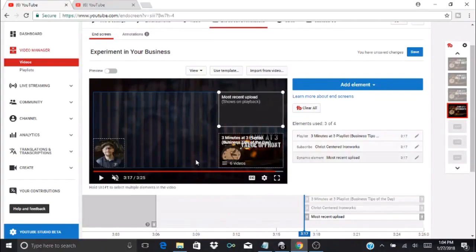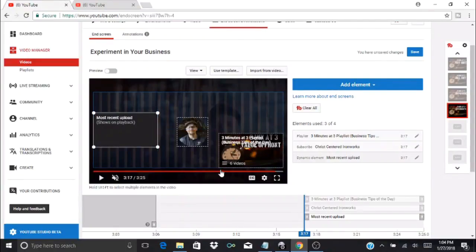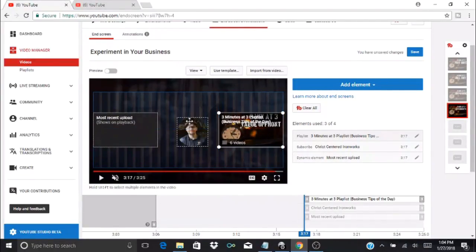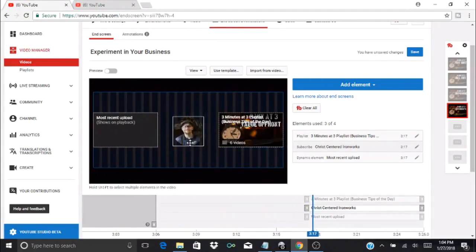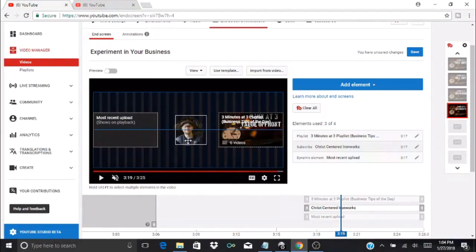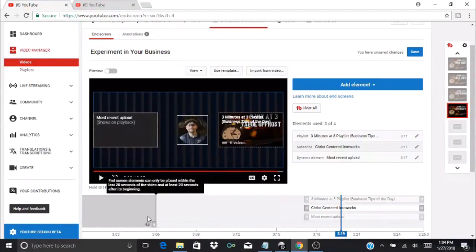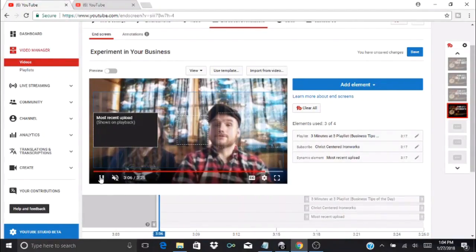So you can line these up any way you wish. You could even put them in the center if you want. I think that's the center there. And then put your other videos around it, whatever way you want to. Scoot that over a little bit there. That's looking better. Okay. And then, let me see there. Okay, there we go. All right, and now you can go back a little bit, and then you can press